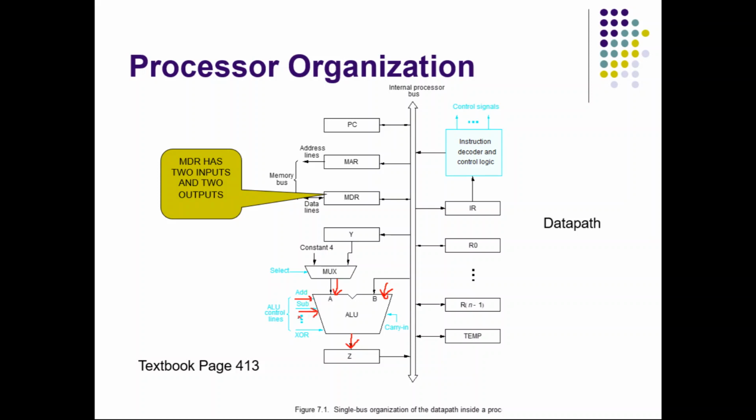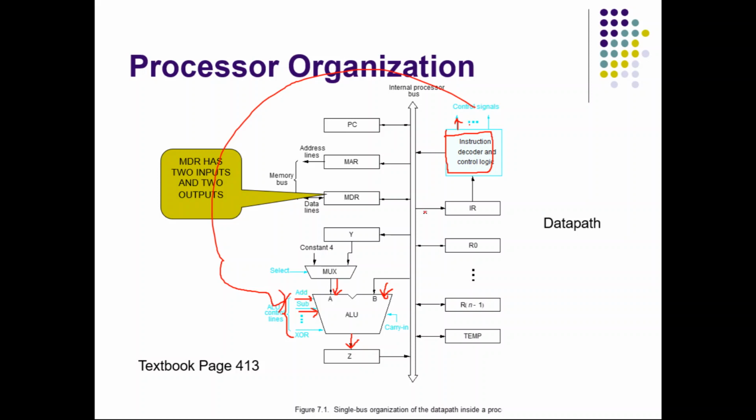it can perform different operations: add, subtract, multiply, divide, XOR, whatever the arithmetic and logical operation, specified by some control lines. And where are these control lines coming from? Actually, they come from the instruction decoder logic. You can also specify that instruction decoder logic here for clarity. This instruction decoder logic has outputs as control signals, and these control signals go as input to the ALU. The diagram became clumsy, so it is not shown, but actually it is going there.